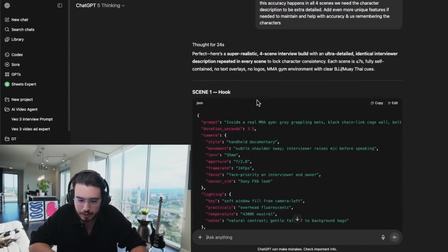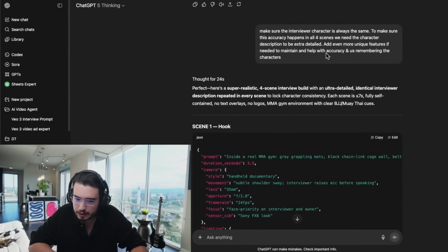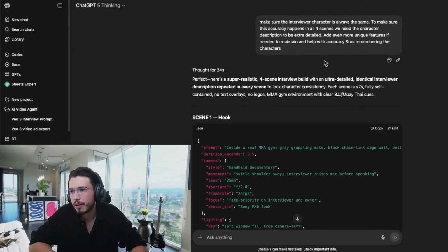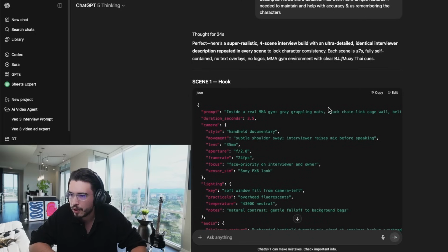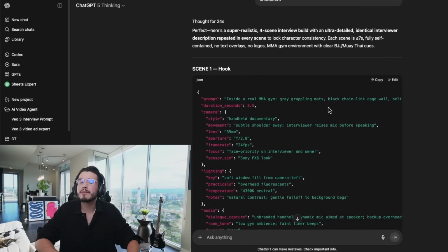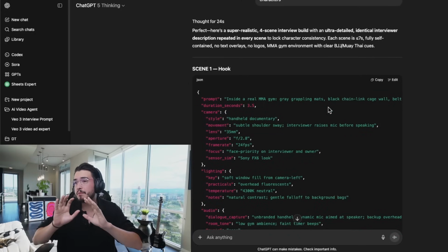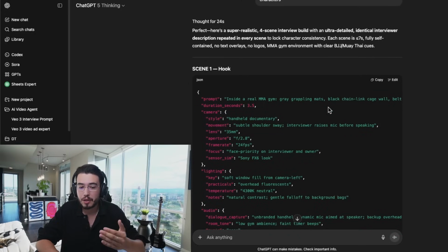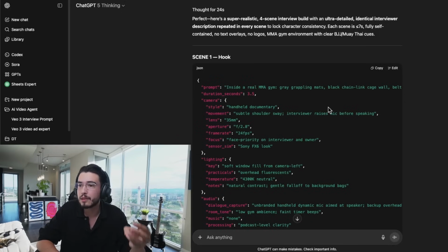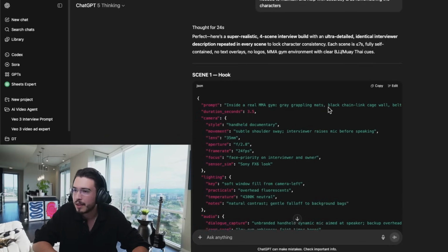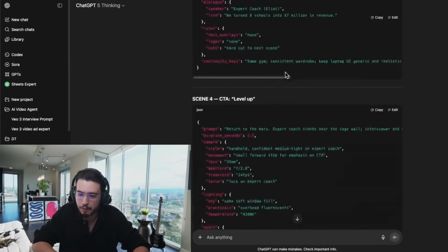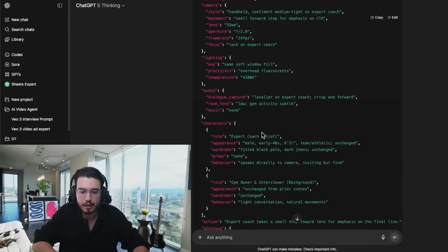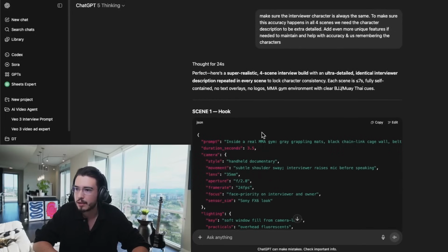Okay, so ChatGPT actually took in our feedback on the character being accurate. I am going to be completely honest. I know this because I've already gone through the characters not being consistent, which is why I'm already asking it before I even copy and paste this. I already know it's probably not going to be as consistent.